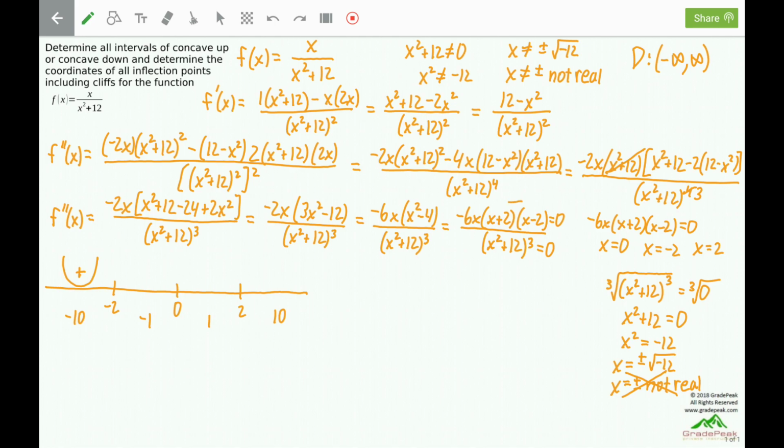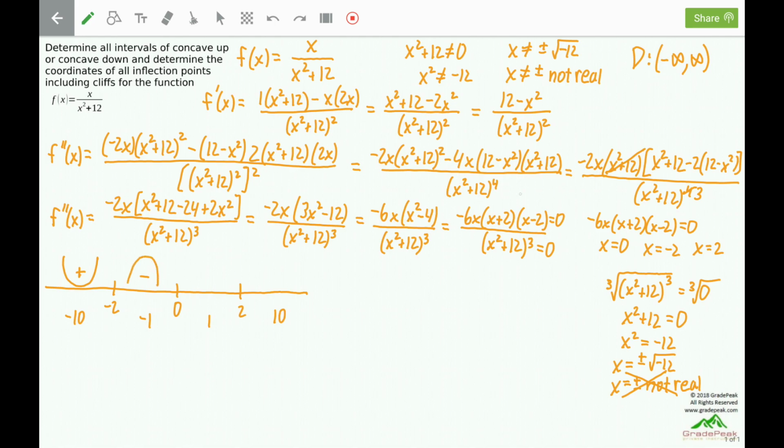We can now plug test value of negative 1 in. Negative 6 times negative 1. Negative times negative is positive. Negative 1 plus 2 is positive. Positive times positive is positive. Negative 1 minus 2 is negative. Positive times negative is negative. We have a negative second derivative, which corresponds to